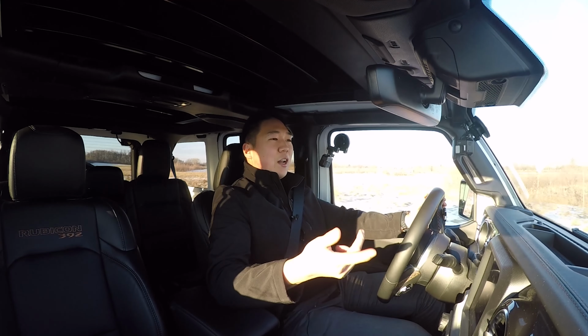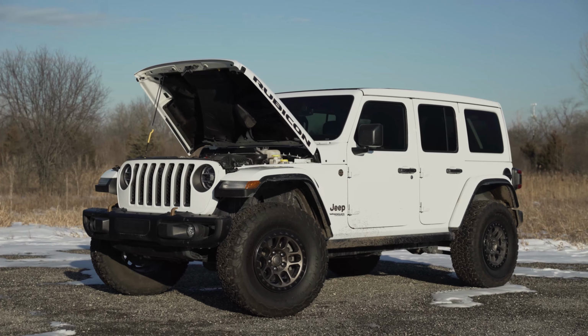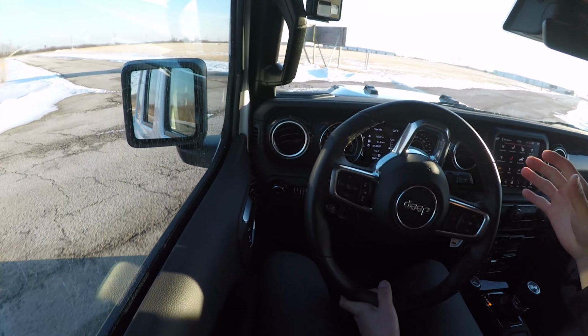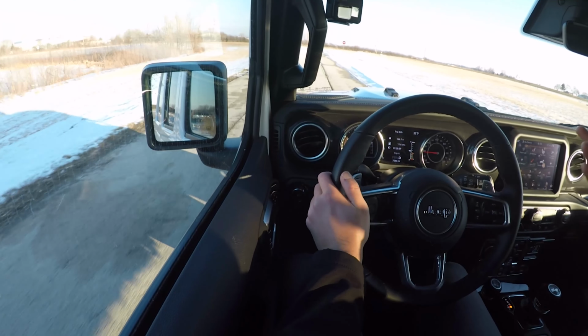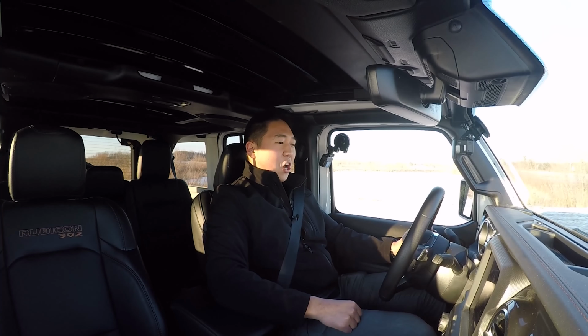What is the Xtreme Recon Package? Well, it brings larger wheels and tires, 35-inch tires now. It brings a suspension lift and other associated upgrades that makes this the most capable, the most extreme, hence the Xtreme Recon Package, of all the Wranglers. And when you couple it with that 392 V8, it is certainly one of the most fun versions of the